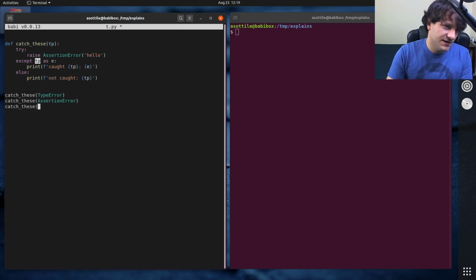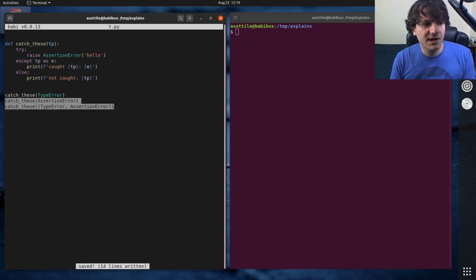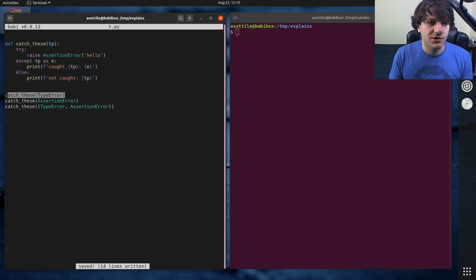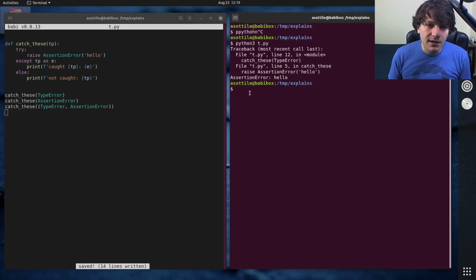And if we do catch these with type error and assertion error, since it's valid to do something like except type error, assertion error as E, this will catch either type error or assertion error, and that's kind of the whole point of this. So these two should catch it, this one should not catch it. And if we run this, python3 t.py,